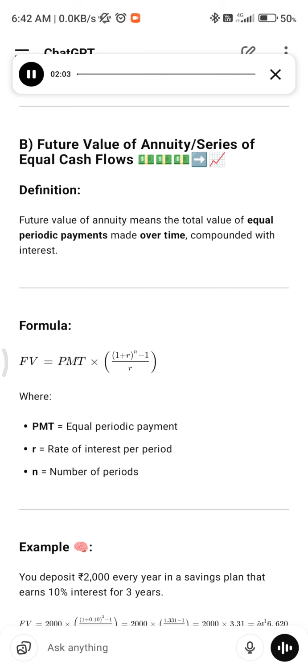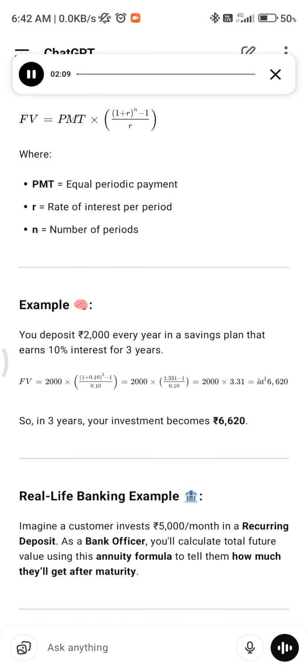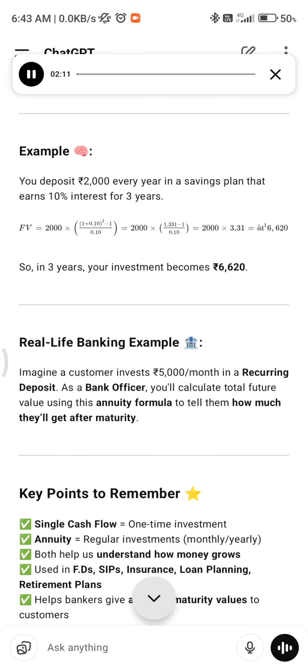Example: you deposit $2,000 every year in a savings plan that earns 10% interest for 3 years. FV equals 2,000 times ((1 + 0.10)^3 minus 1) divided by 0.10, which equals 2,000 times (1.331 minus 1) divided by 0.10, equals 2,000 times 3.31. So in 3 years, your investment becomes